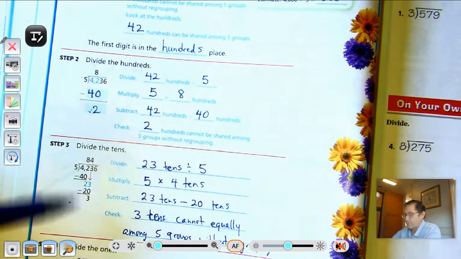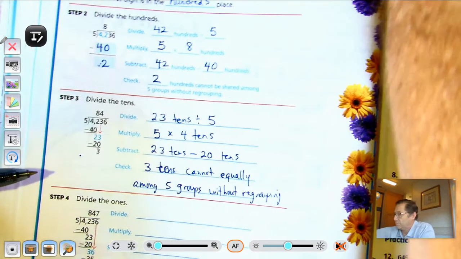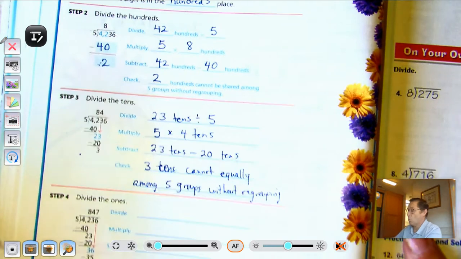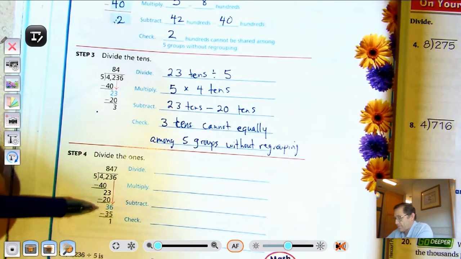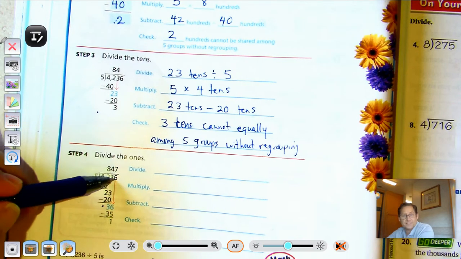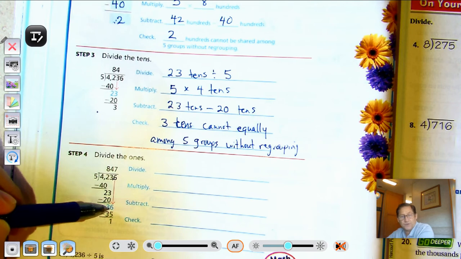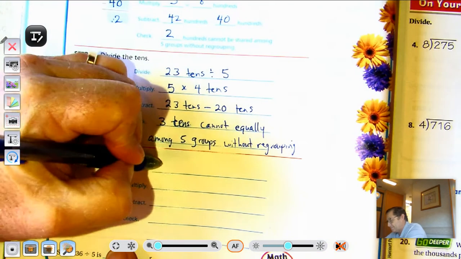So we're going to take those 3 extra tens that are left, and we're going to regroup them as ones. So we know that 3 tens is worth 30 ones. There are 6 ones in the problem, so we're going to bring down the 6 ones, and we have 36 ones